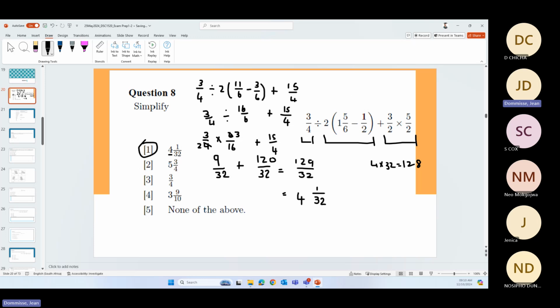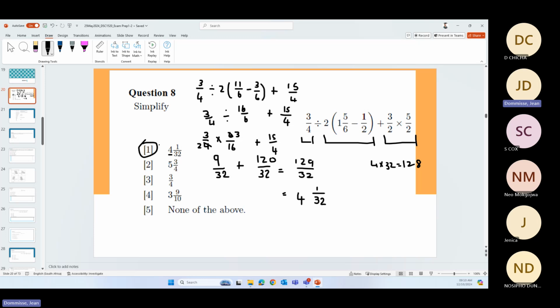But in actual fact, when we got to this stage, it was nearly okay. Unfortunately, nothing will cancel with a 16, so we had to work with 32 when we needed to change the 15 over 4 to 32, and then get this answer. Okay, so